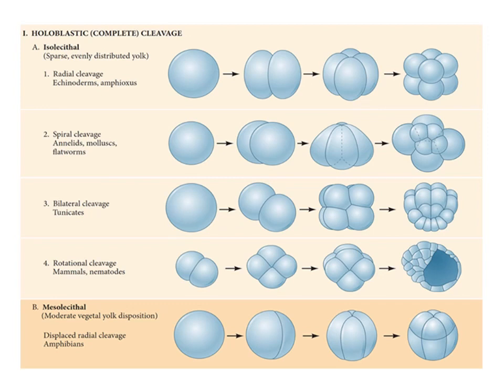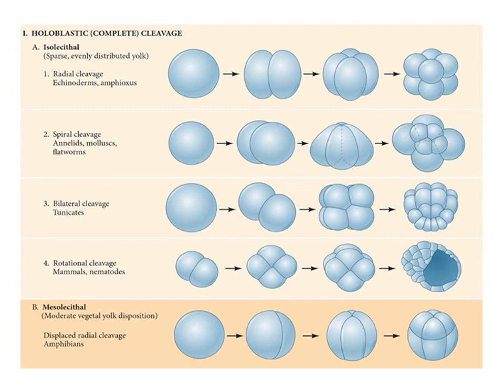Bilateral cleavage is seen in the case of tunicates. In this type of cleavage, the blastomeres produced have identical structure and size. Mammals and nematodes show rotational cleavage. A rotational cleavage involves a normal first division along the meridional axis, giving rise to two daughter cells. The way in which this cleavage differs is that one of the daughter cells divides meridionally while the other divides equatorially.